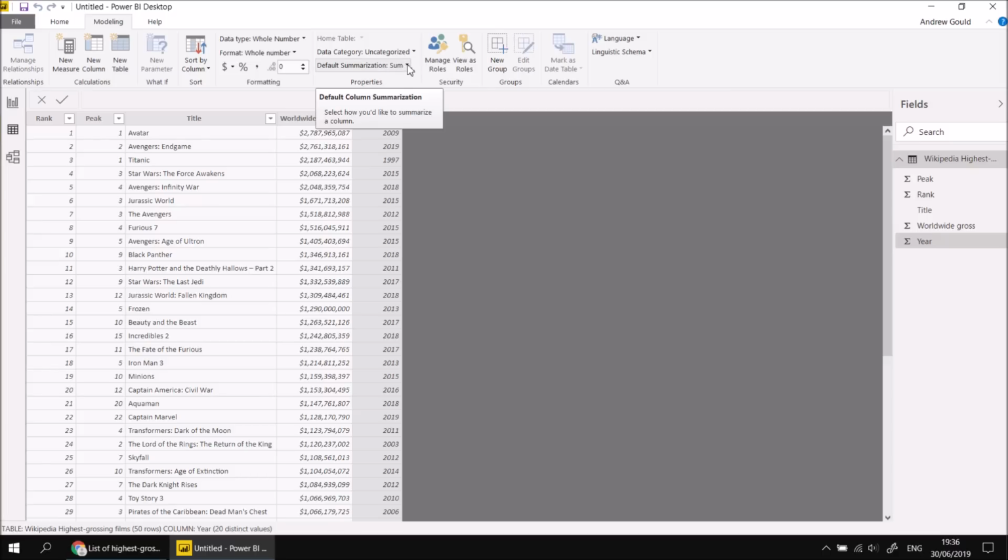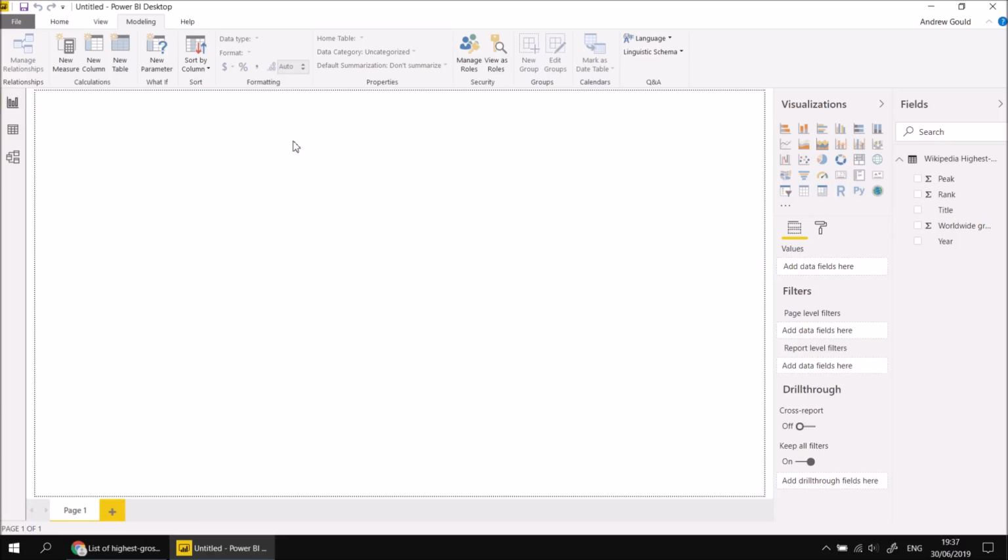So it tells me that by default, when I add year to a visual, it will try to sum the year, which isn't a particularly helpful thing to happen for a date. So what I'm going to do is change the default summarization to don't summarize, so that the year will be treated essentially like a category field. Having done that, I'll switch back now to the report view, and then we can add a visual or two